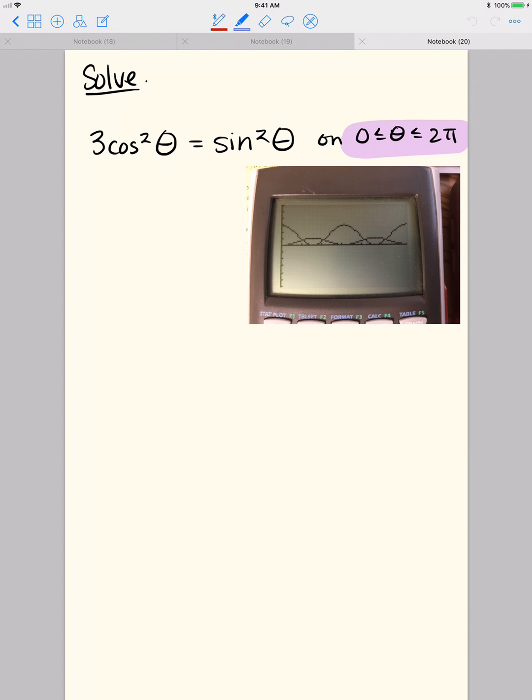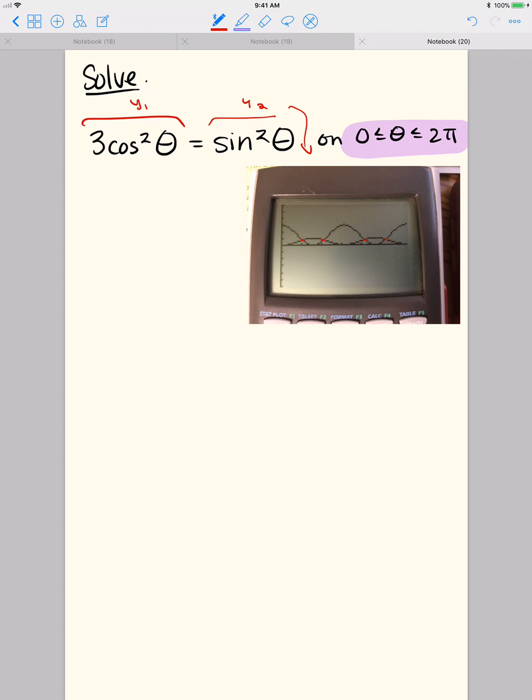But otherwise, it'll use trig identities and relationships and formulas and substitute and try to clean up and get the angle by itself so we can solve for it. So for this first example, we have 3 cosine squared of theta plus sine squared of theta. I have graphed the left equation in y1, the right equation in y2 on my graphing calculator. And you can see that we should end up with 1, 2, 3, 4 solutions